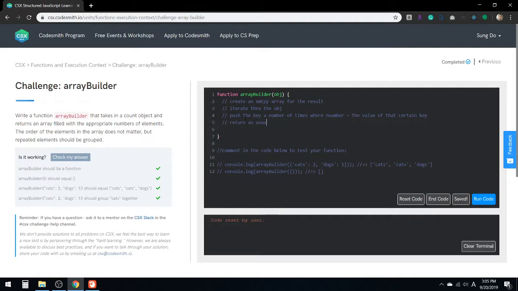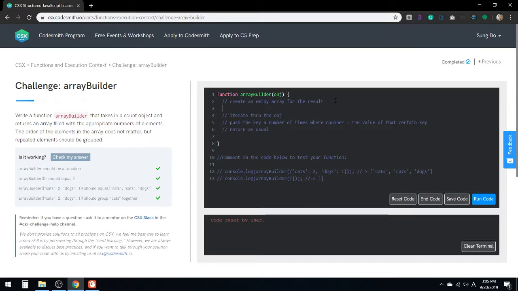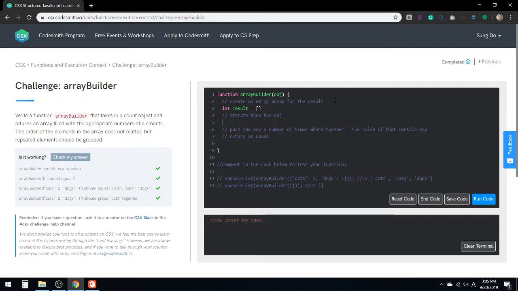Alright, so I'm going to create an empty array for the result. So I'm just gonna declare it as result and give it an empty array, and I'm going to iterate through the object. So I'm going to be using a for in loop to access each key in the object. I'm going to initialize by giving a variable, I'm just going to do each key in the object,